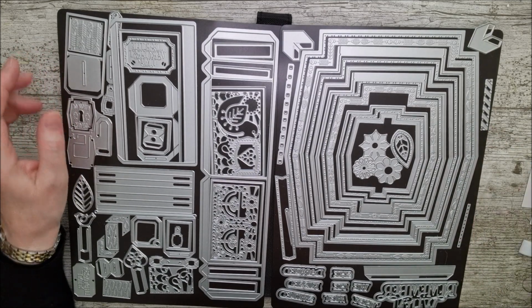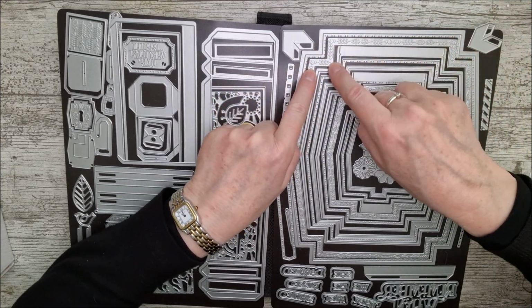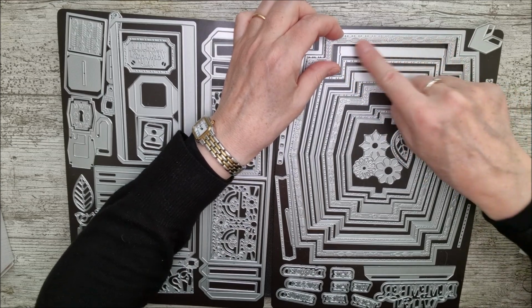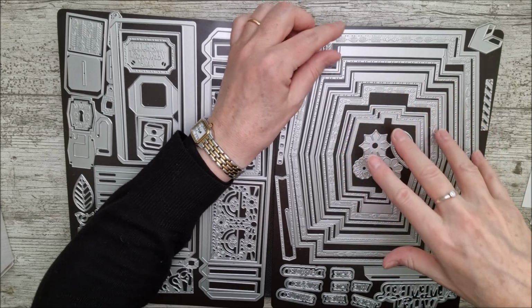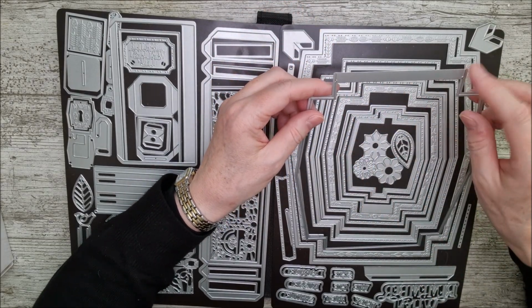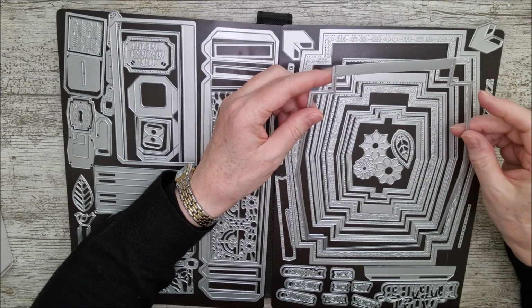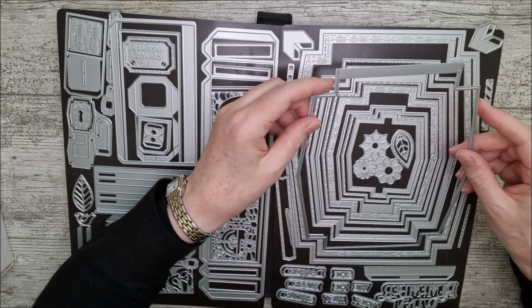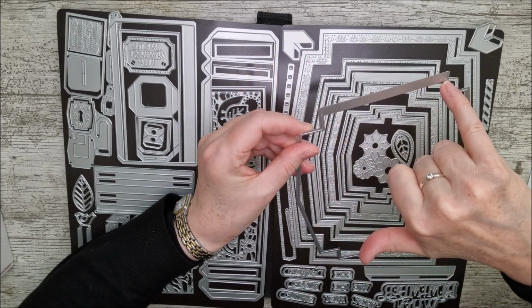So I have, obviously then, this is the size of the outside of the box. This is the inside size here, and I reckon that would be too big for the book, because it would just have to be pushed right down in. So I've gone for this one, which is the next size in, and that's got a piece on it here that you can fold round and use to make the part of the spine as well, or the back of it. But what I've done is cut this out twice and just cut it right across that line there,